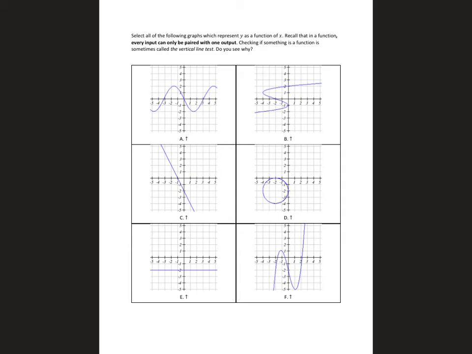Okay, the last kind of problem that you'll see in the Section 1.1 homework is just one that shows a bunch of pictures and asks which ones are actually graphs of functions. And the only property at play here is this property that I put in bold. We keep saying that a property of a function is that every input can only be paired with one output. And so there are some times where that doesn't happen if you just draw a scribble on a piece of paper. So this, for example, has a problem because if you look at the input of -2,